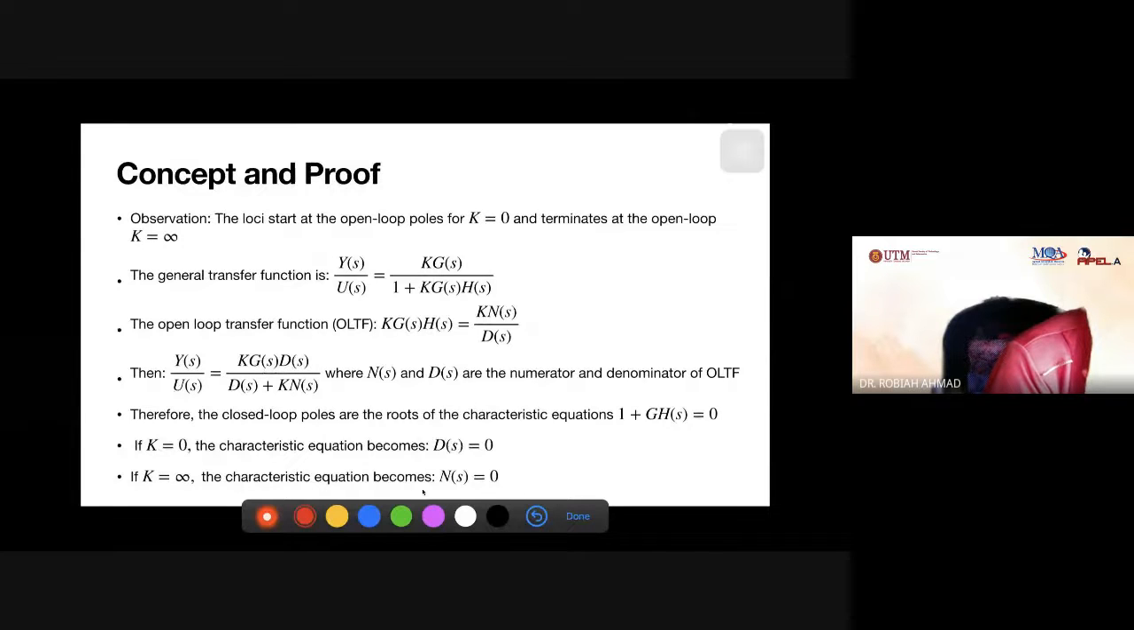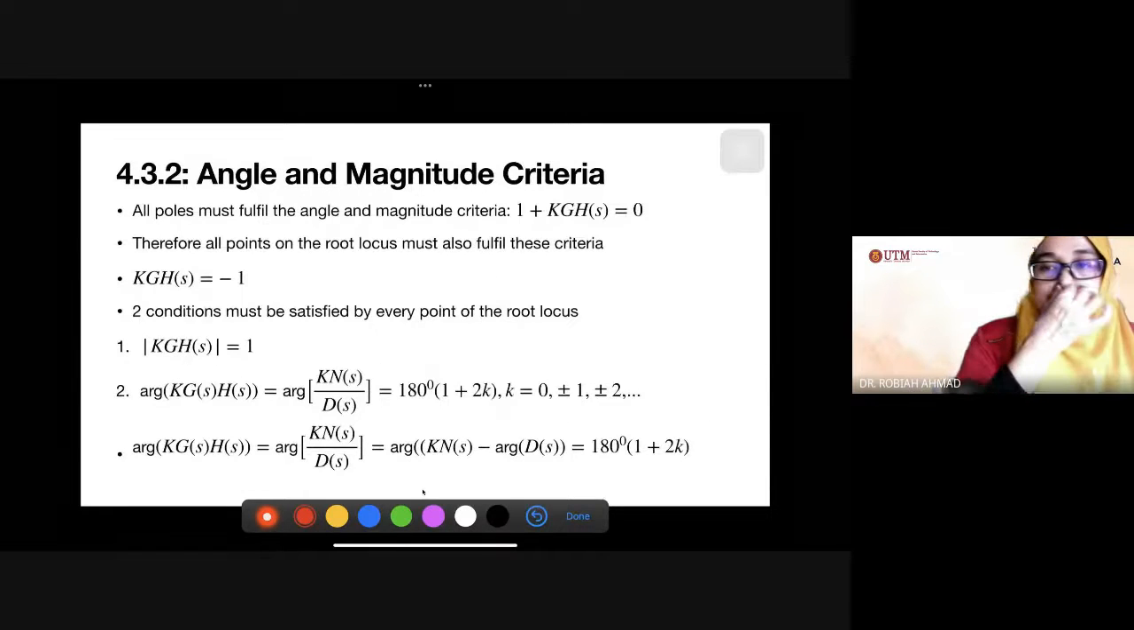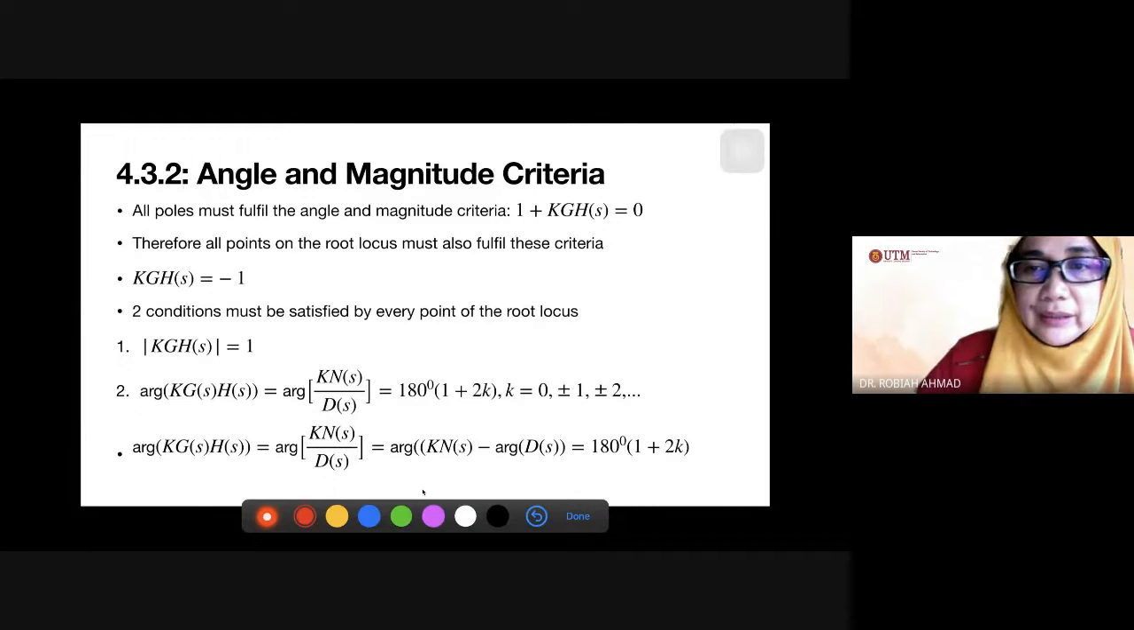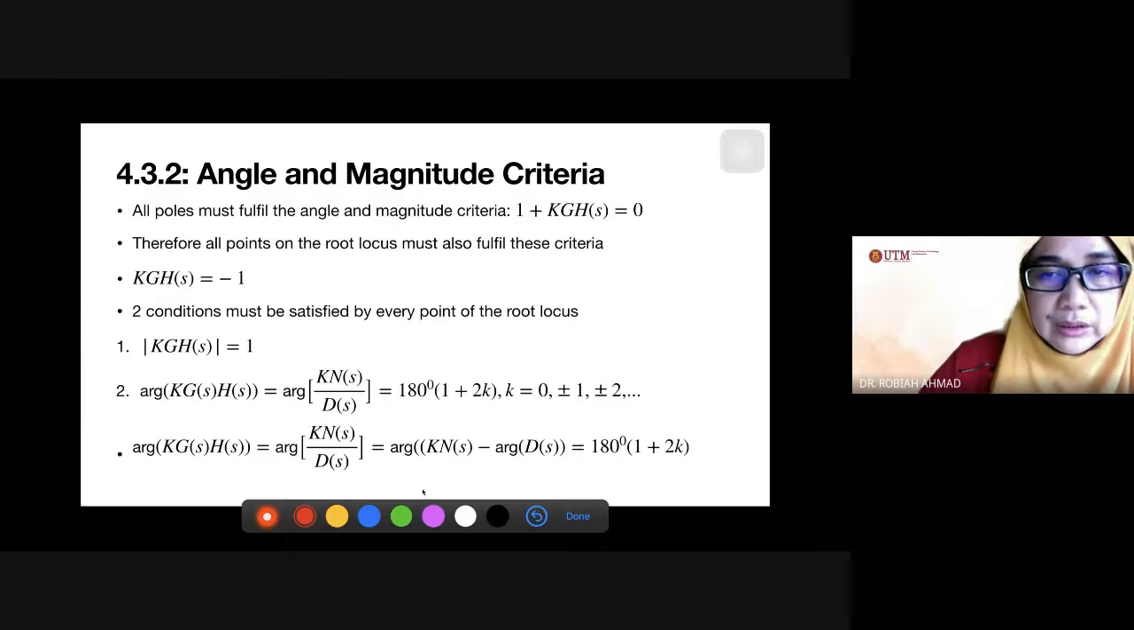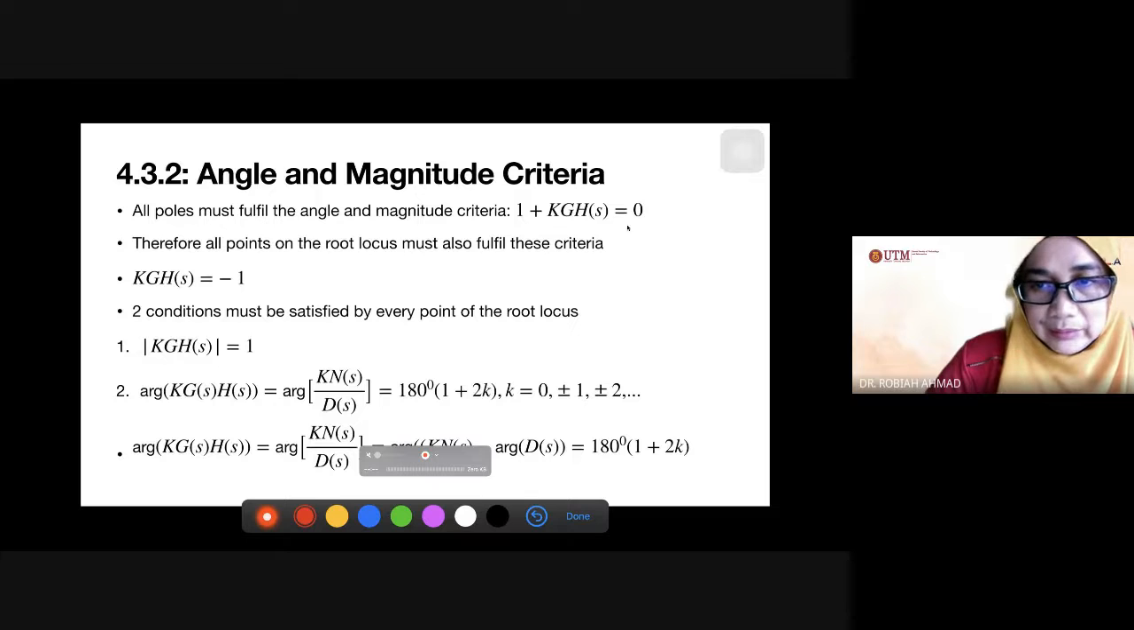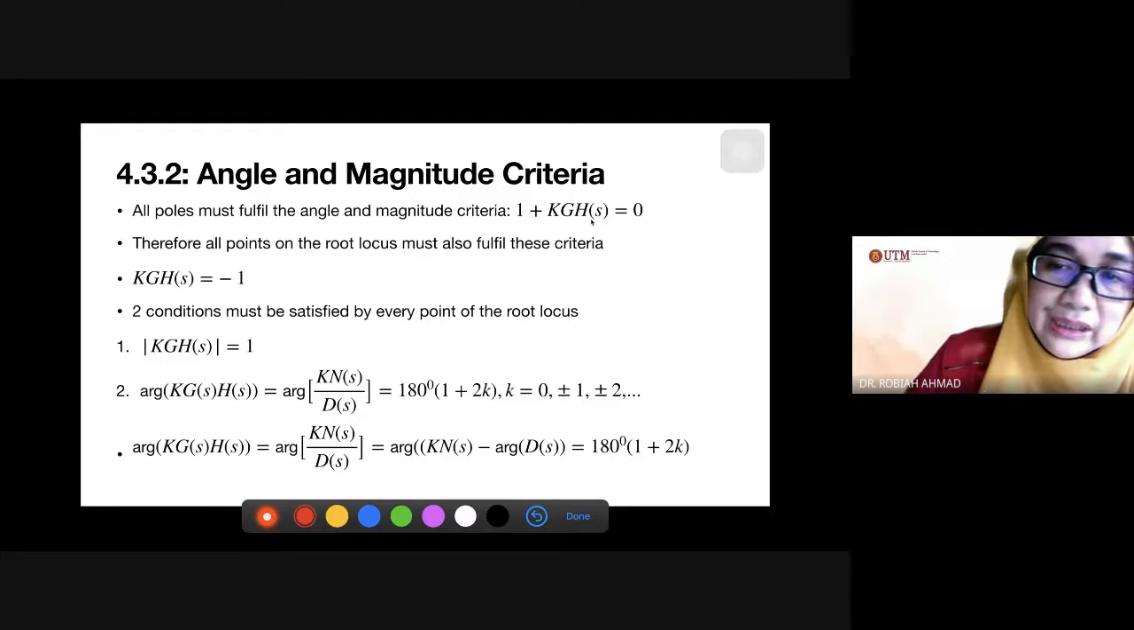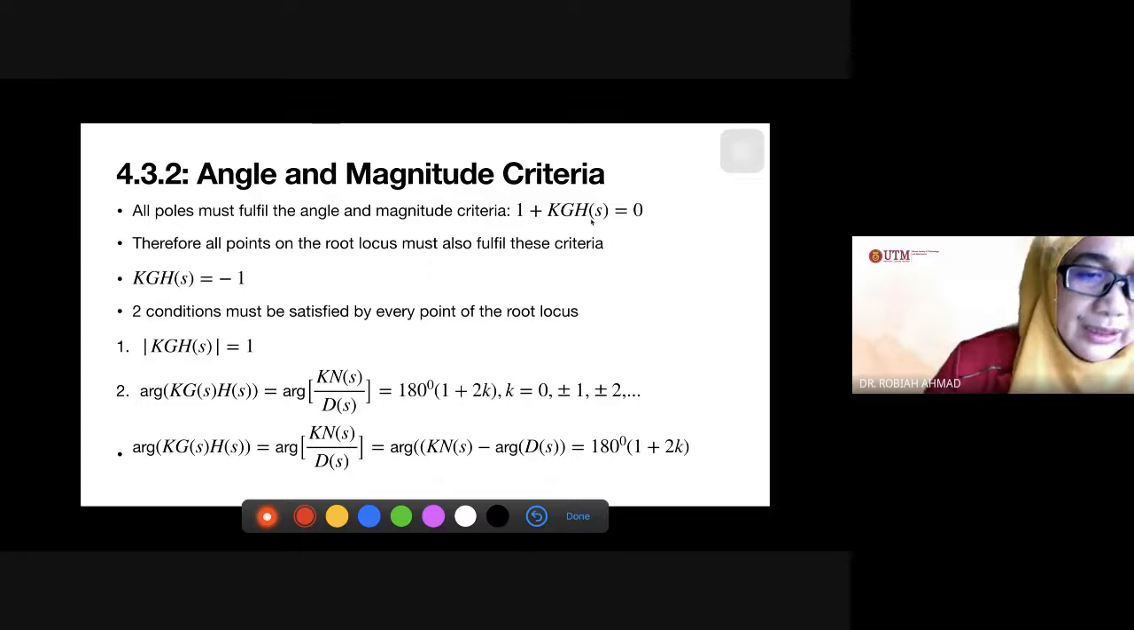Okay, let us go further. Ada satu lagi konsep, angle and magnitude criteria. This one kita akan pergi masa when we did the root locus design later. Tapi saya kena mention because we are dealing with the characteristic equation sekarang. Okay, so all poles must fulfill the angle and magnitude criteria dalam this characteristic equation 1 plus KGHS equal to 0. So bila kita ada 1 plus KGHS equal to 0, therefore the KGHS equal to minus